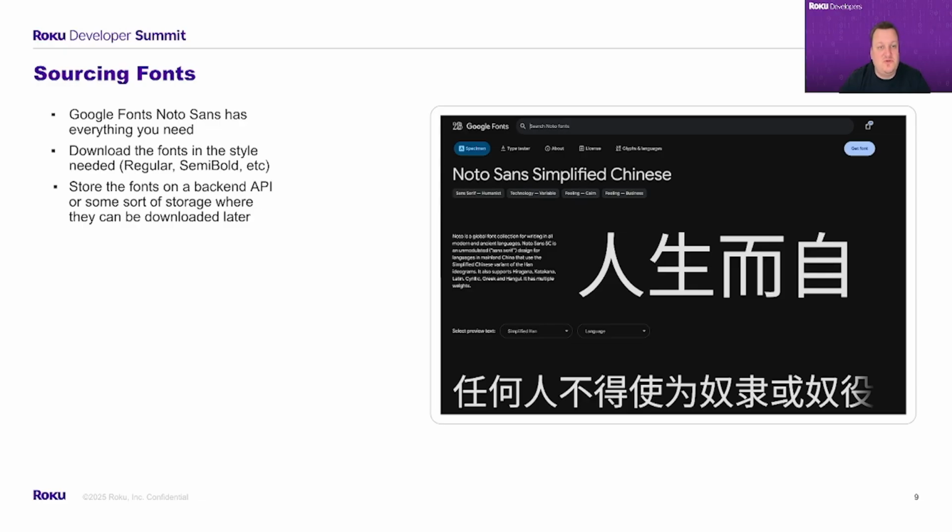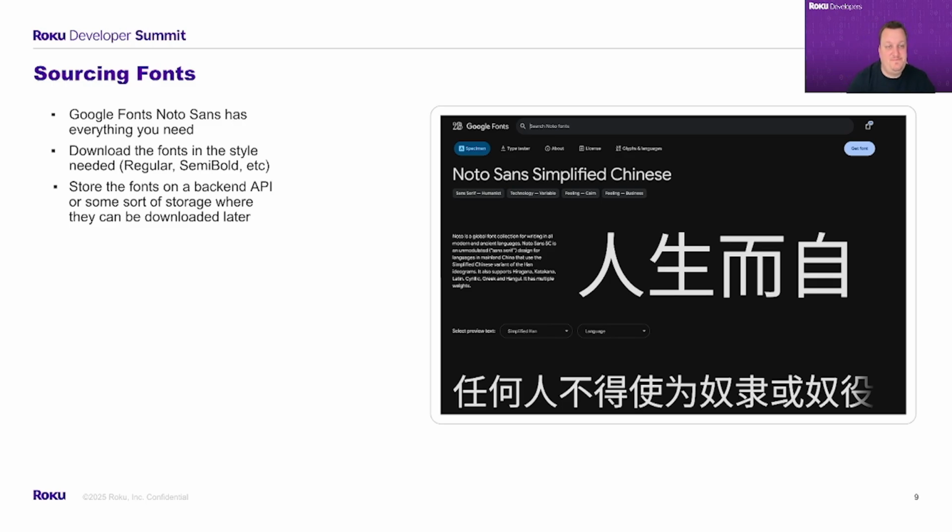You can choose to store those fonts on any kind of back-end API. You just need some sort of API interface to give you the URLs to tell you how to download those font packs. For us, our API gives us both back. We pass in a language header, and that language header is going to say EN for English, ES for Spanish, JA for Japanese, HI for Hindi, as an example. Based on what gets passed in, it will either respond back with the font pack URLs you need to download, or an empty response signifies we don't need to download anything, just move on and utilize the already installed font pack